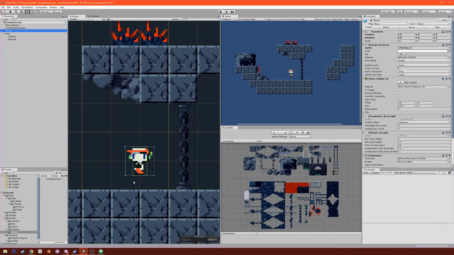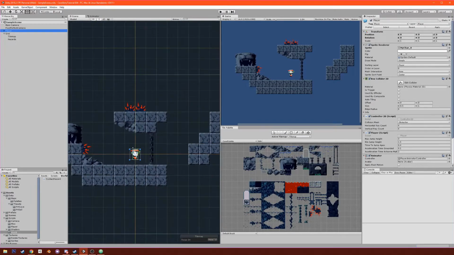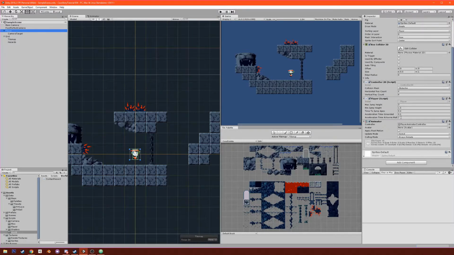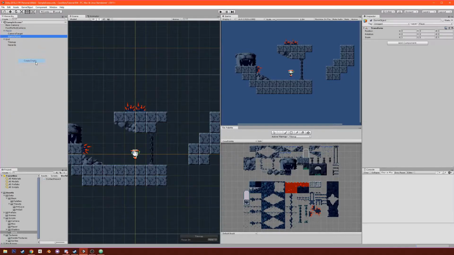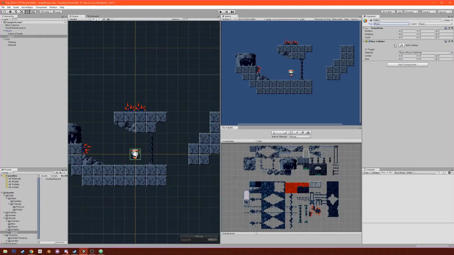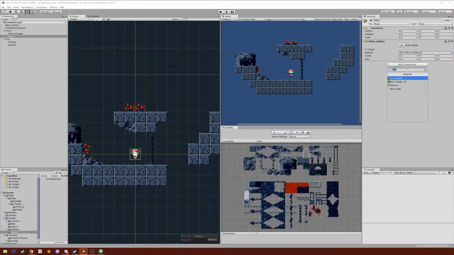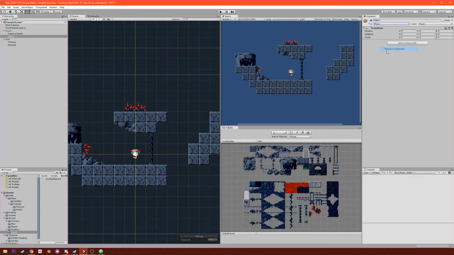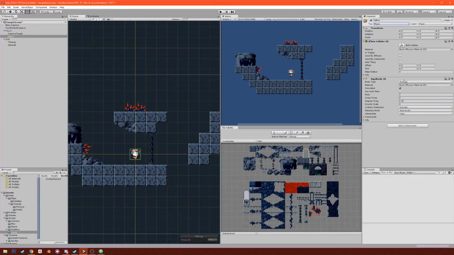Right now, the box collider that's on the player is meant for colliding with the environment, but we need another one for colliding with hazards, because you actually need a rigid body for colliders to work. So what we're going to do is create an empty under the player, call it hitbox. Make sure that it's tagged player, and we'll give it a box collider, and wait, wrong type. Box collider 2D, give it a rigid body 2D,